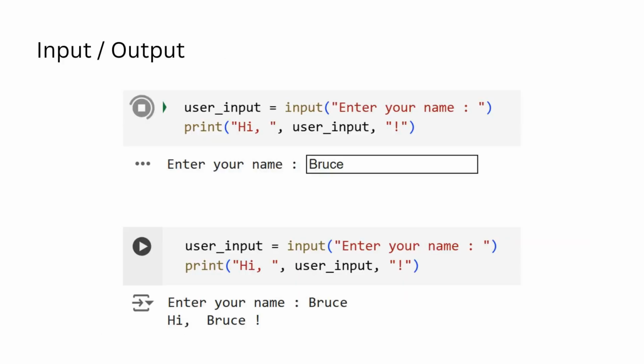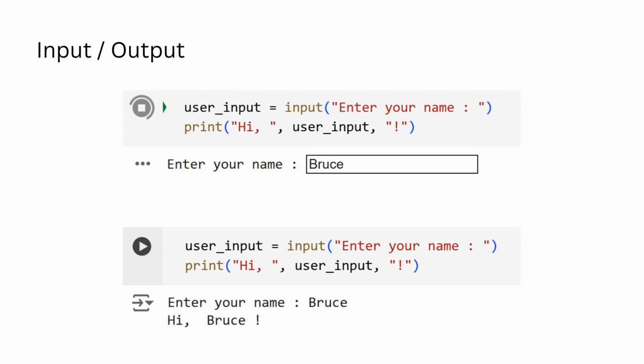Now that we have a good idea of the data types, let us look at the input and output operations. Python has a built-in function called input that can be used to get user input. It displays a text input field along with the description provided as an argument to it. In this case, the description is, enter your name. When the user types the name and hits the enter key, the input is received. The print statement gets this information and displays a greeting to the output console.